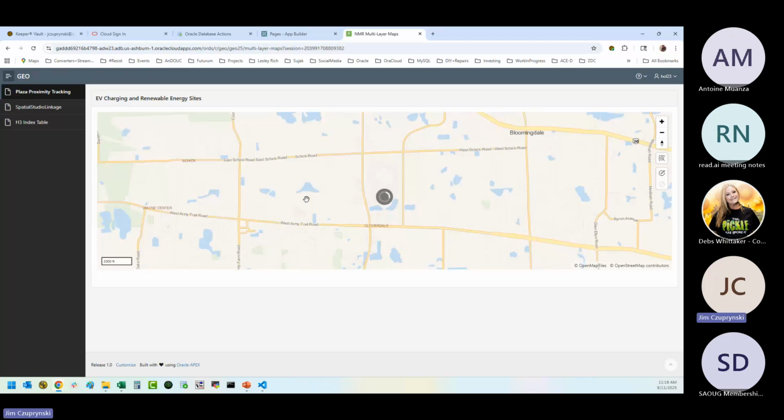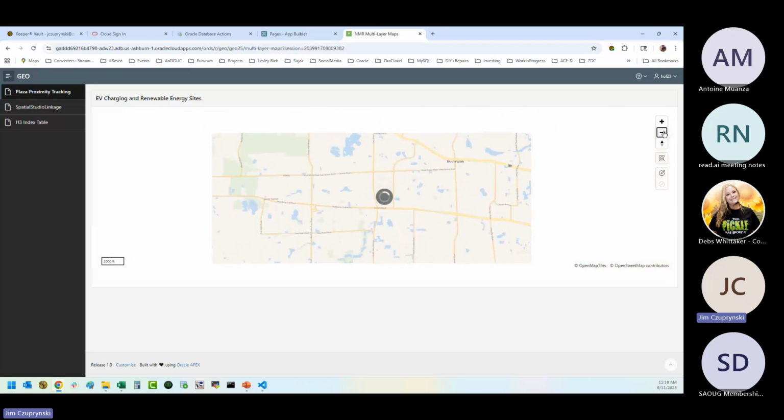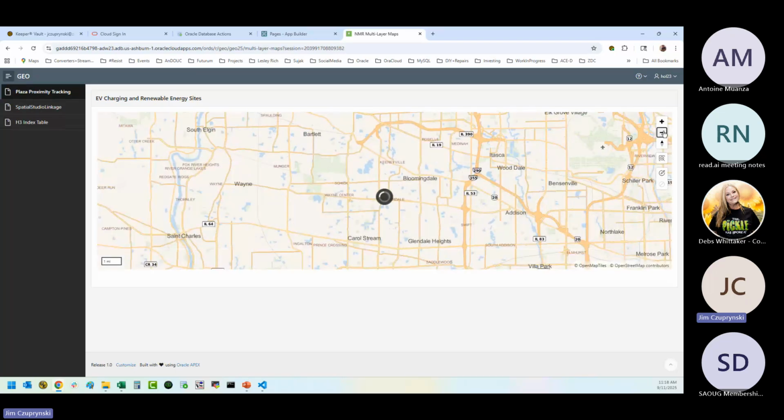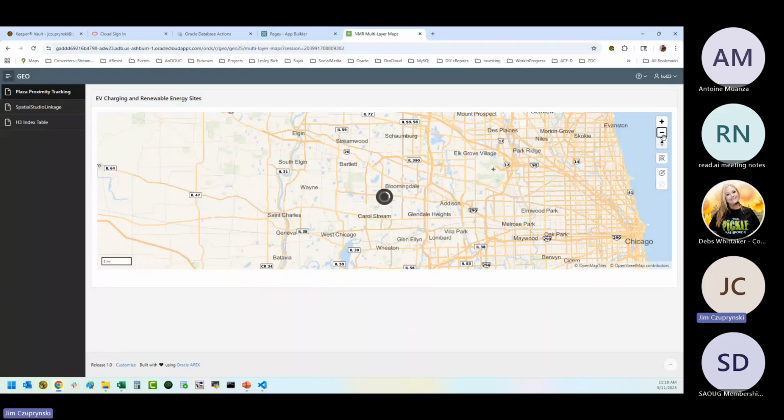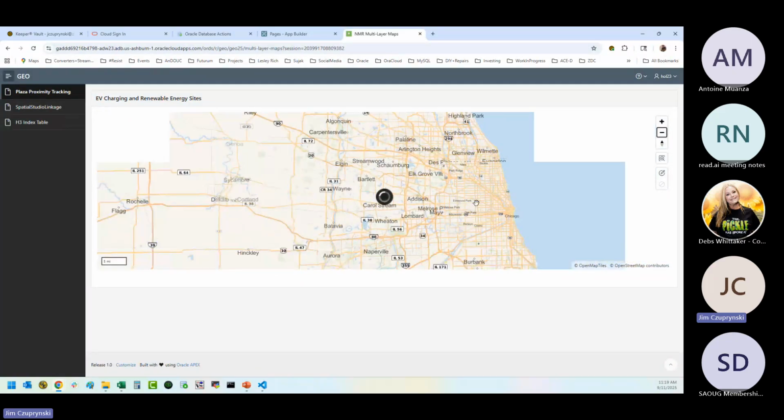Now, this is an Apex app using native map regions. Look at how long it's taking to load the entirety of this data. This is focused centrally on a point near my home here in Illinois. And if you notice, I'm still waiting for something to load on this map.